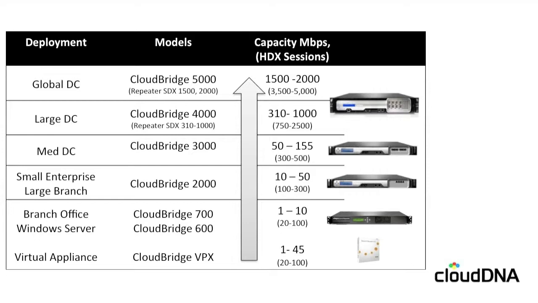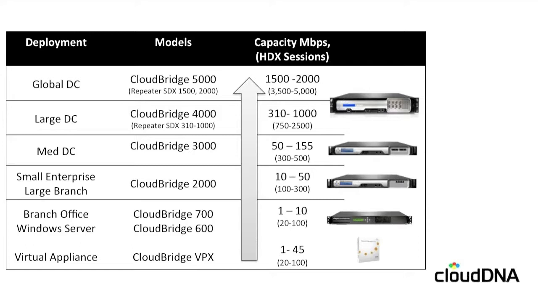CloudBridge 600 appliances. Well, this is like the old Branch Repeater entry device. And the CloudBridge 700 devices, well, that's the old Branch Repeater with a Windows server built into it. So where are we going with that? Very simply, 1 megabit, 2 megabits, or 10 megabits throughput in your branch office with between 0 and 100 seats in terms of the number of users of XenDesktop or XenApp, then this entry-level CloudBridge device will be great for you. If we move up the scale, though, and we need a bit more capability, then for the smaller enterprise data centers or the larger branch offices with 100 to 300 seats, between 10 and 50 megabits of traffic,